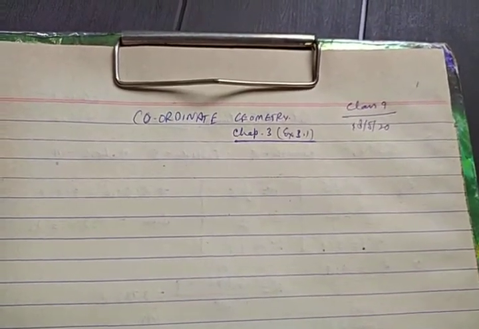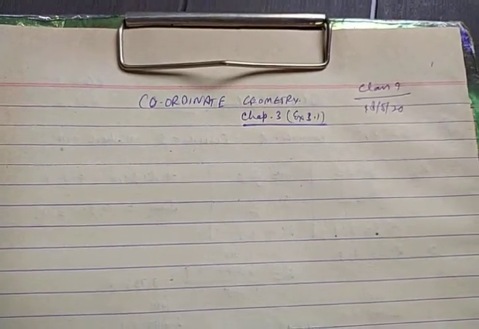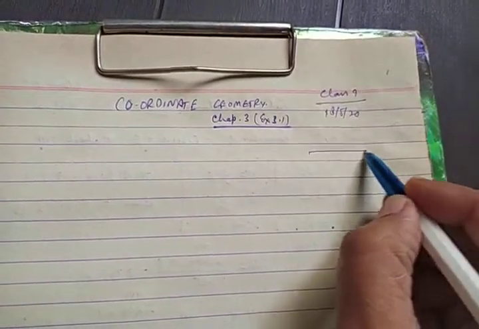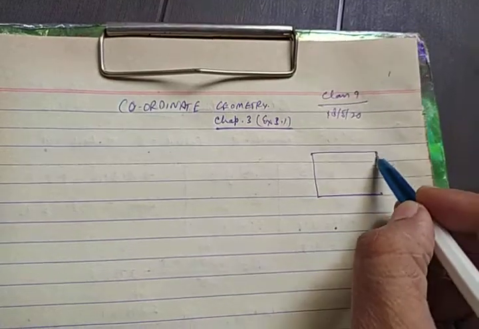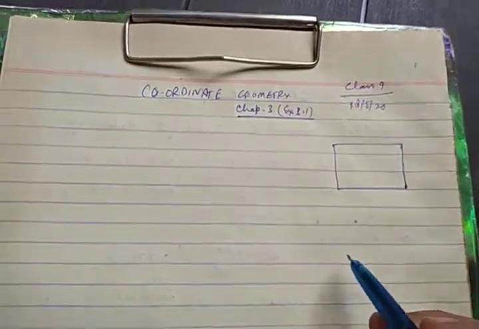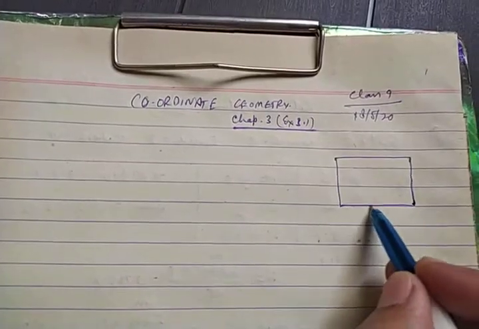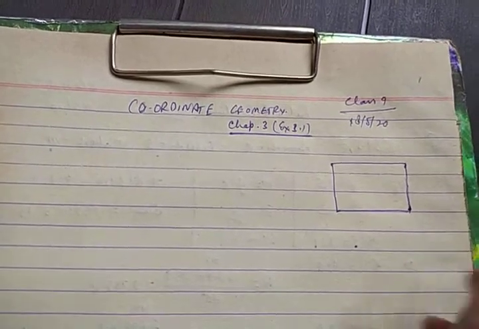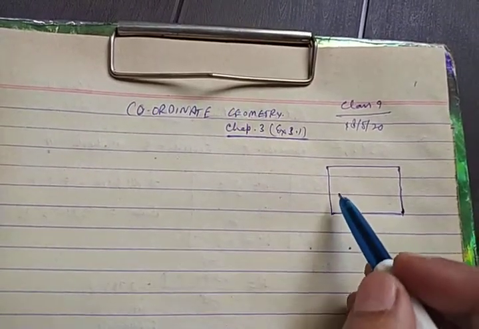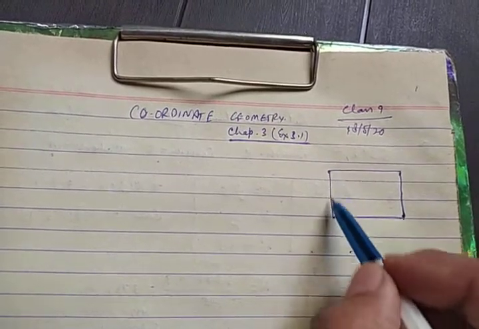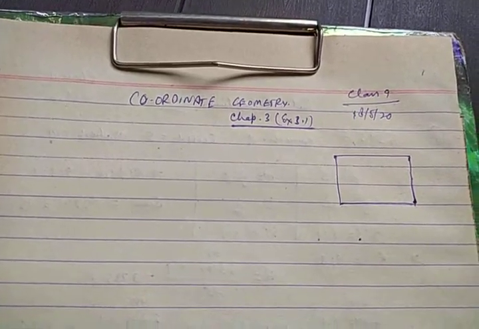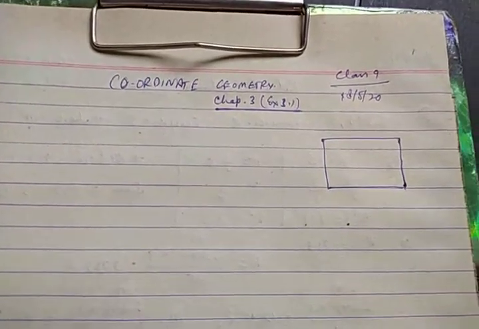Whatever you want to measure, suppose the length of your room in which you reside, when you measure the length, that would be in one direction. Let us draw a rectangular room. If you want to know the length of the room, you will measure in this direction. This is the length of the room, and you will say, suppose it is 12 feet or whatever. And if you want to measure the breadth, you will measure in this direction. At a time, you measure the length of the object or anything in one direction.